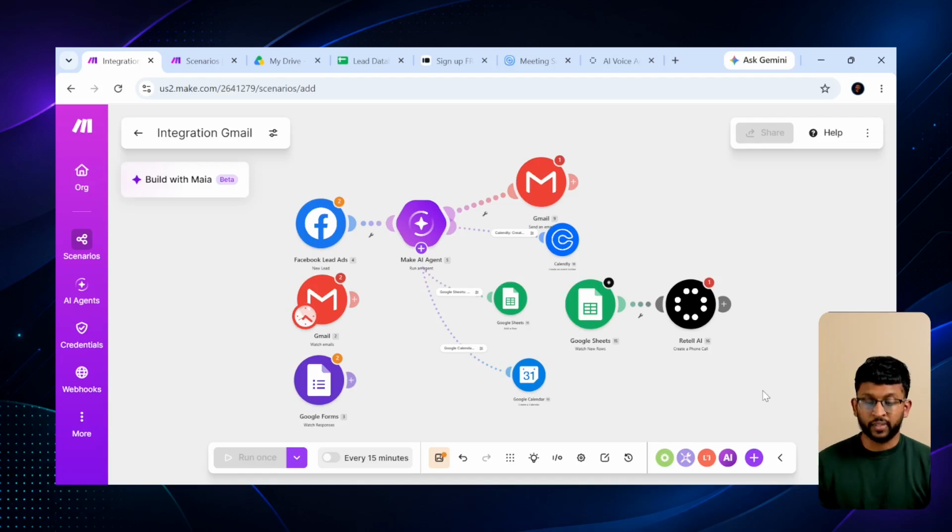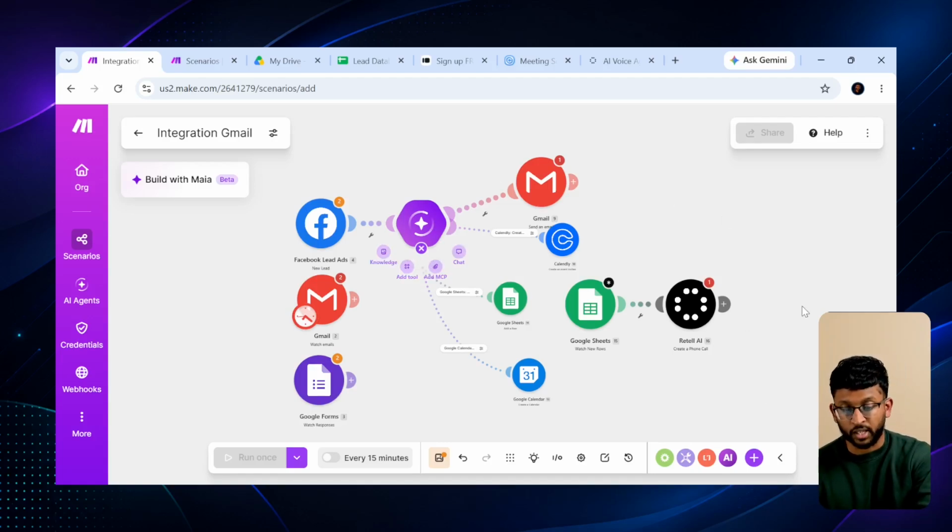Yeah, so this is kind of like the high level scenario that I created. It's a little messy, but I just wanted to show you guys different examples of avenues that you can take when creating something for lead generation and speed of lead and getting your new leads on call immediately and contacting